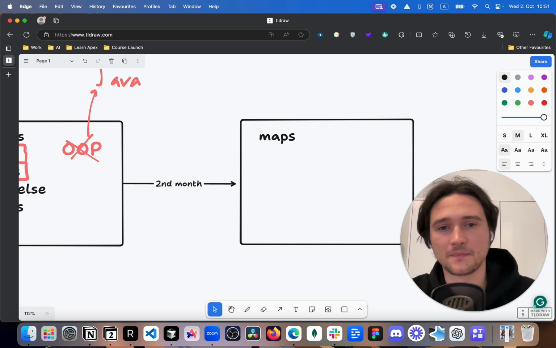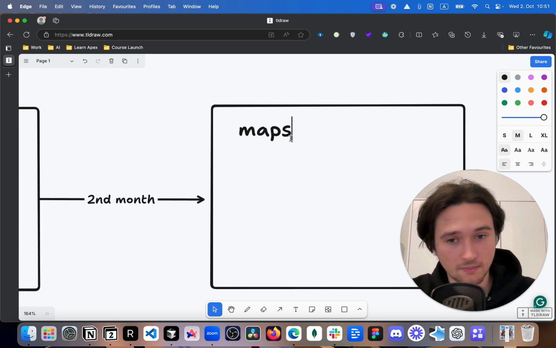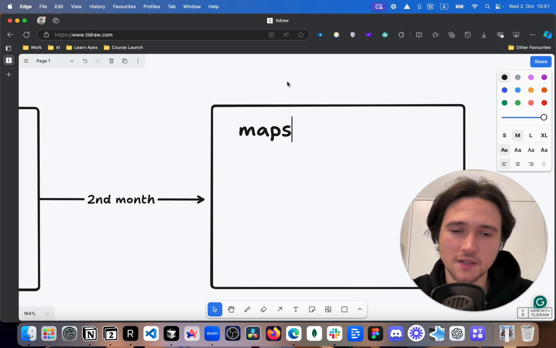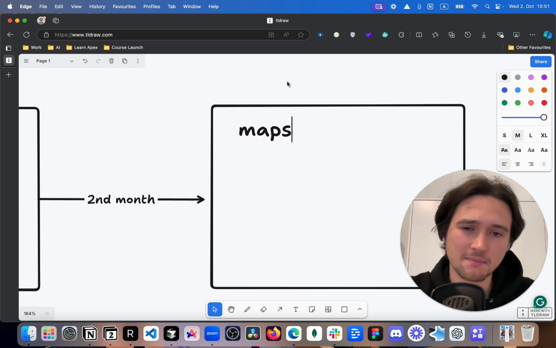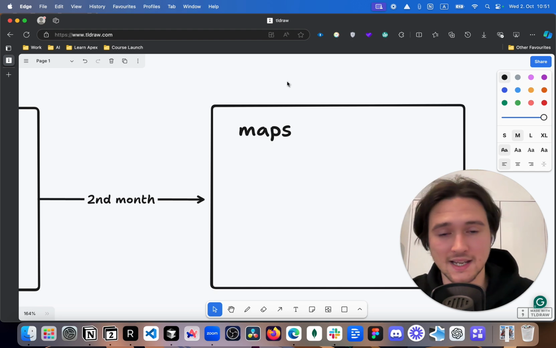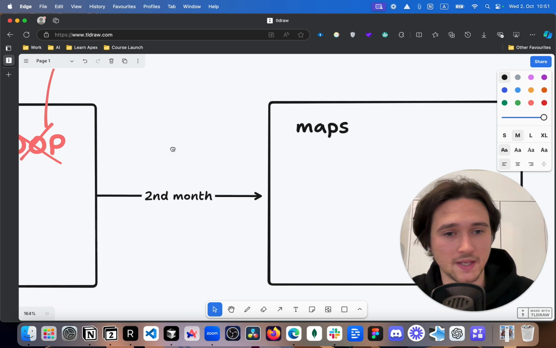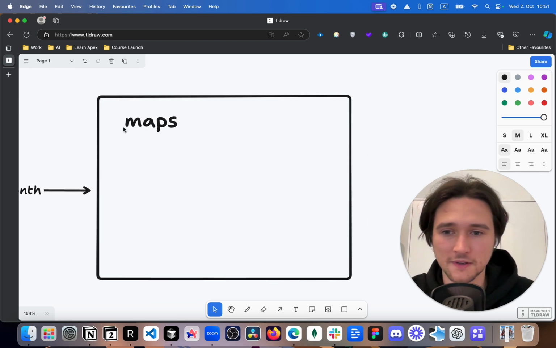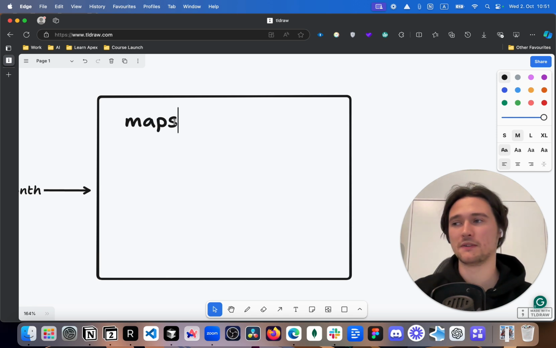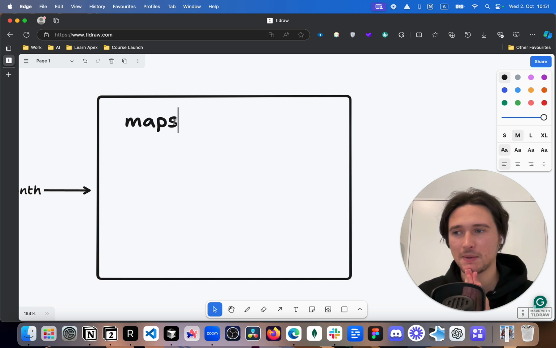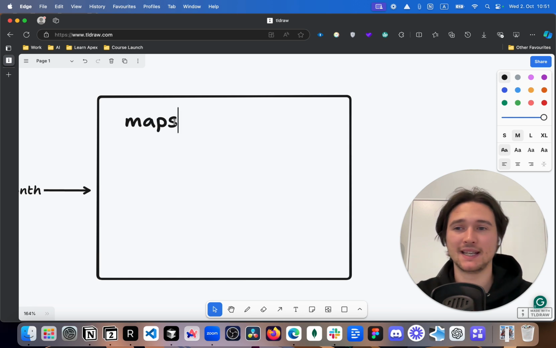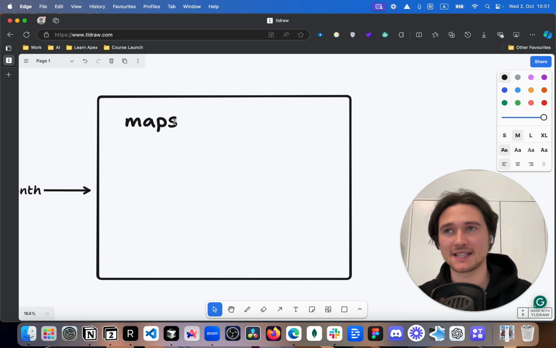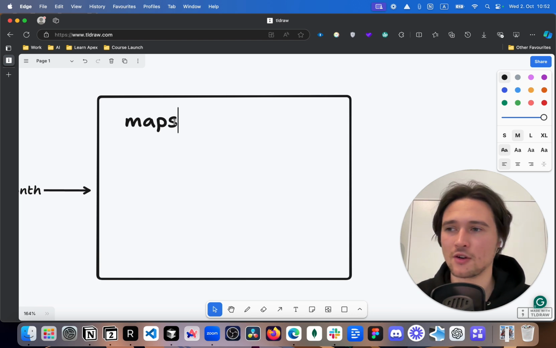For example, maps. Yeah, you need to learn maps. Maps are super important because you cannot really meaningfully write triggers if you don't understand maps. But at the same time, you cannot understand maps if you don't understand lists and sets. So that's why first you need to learn those easy topics. Okay, maps are a little bit more difficult, but at the same time, people see maps as a super difficult topic. It is not difficult to understand how maps behave. I can literally explain it in like 3 minutes, right?